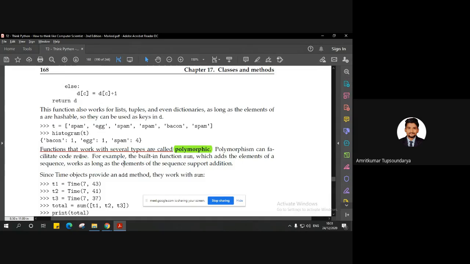And polymorphism can facilitate code reuse, right? You agree, because as the name suggests, we have the flexibility to process the object in multiple different forms. That helps us to make the code reusable.